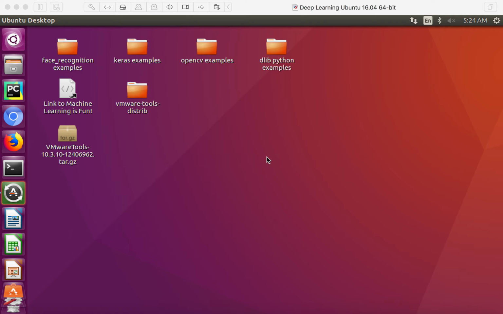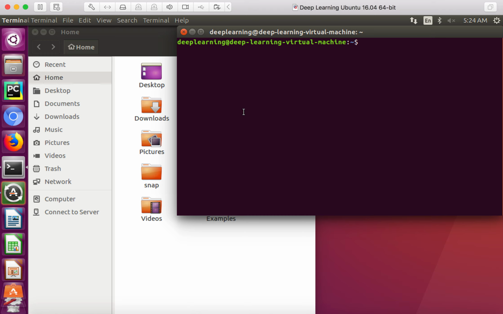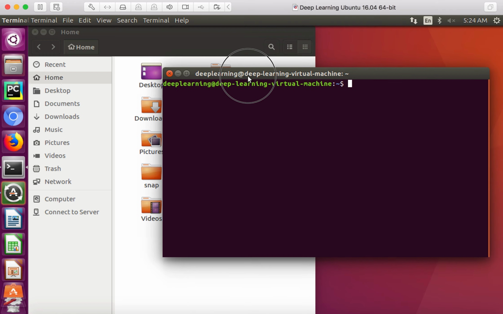Okay, so everyone should have launched their virtual machine. What we're going to do now is we're going to do coding for the first time. So what you want to do is you want to double click this little file system, and I also want you to double click, or you can right click and say new terminal. Okay, I want to show you what